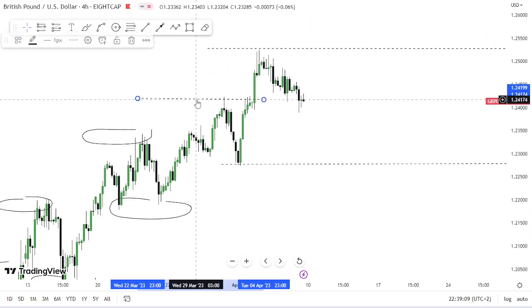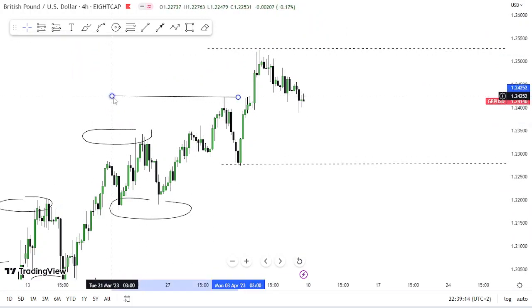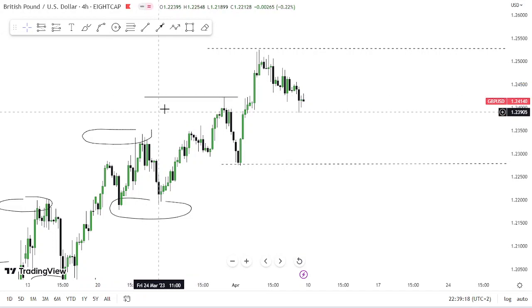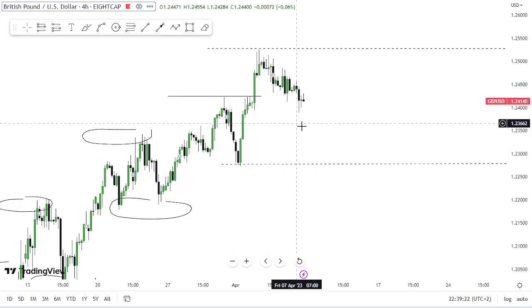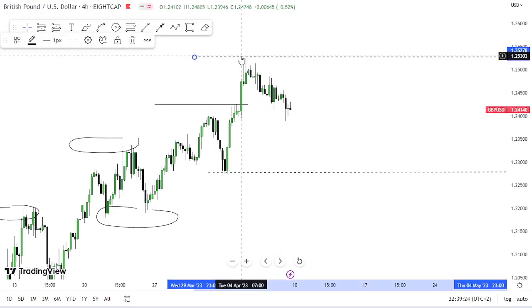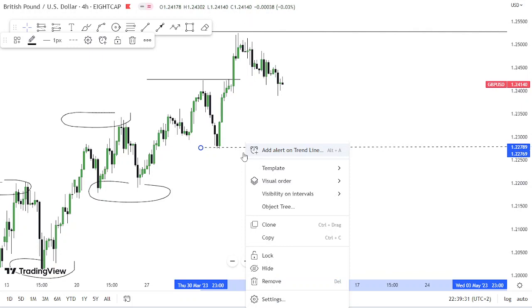So currently we already have our range. I'm going to change this into what I usually use, which is the line. I use the dotted one for liquidity, to spot liquidity. So we have this area here, then we have that as the high of the range, and then we have this here as the low of our range. So what we see here